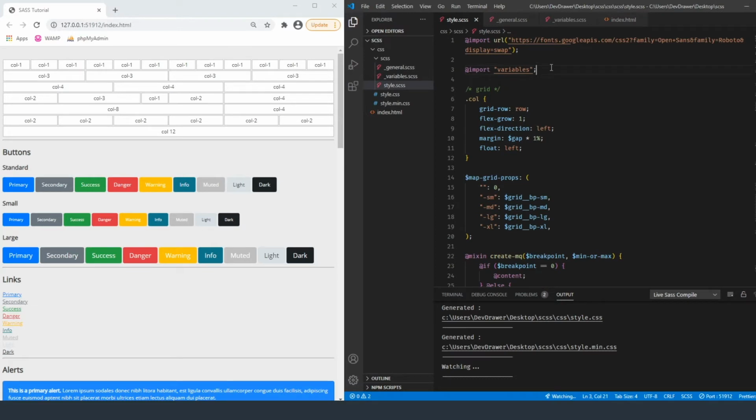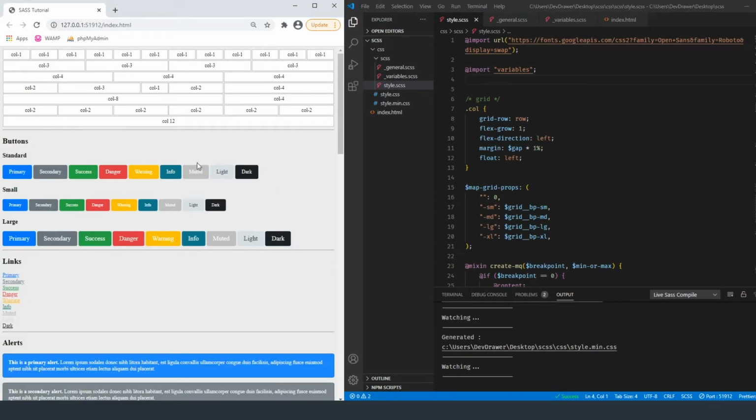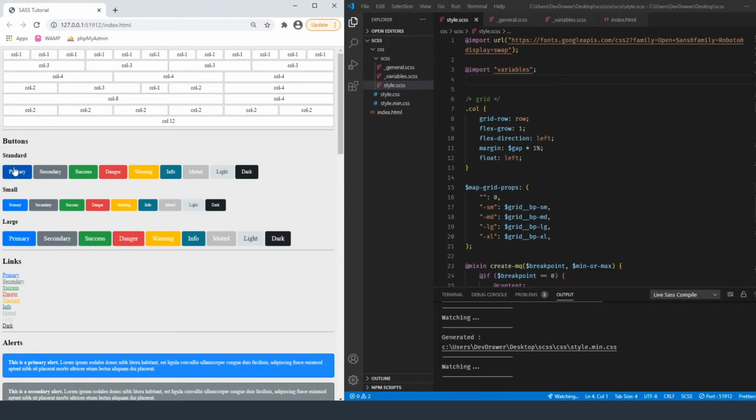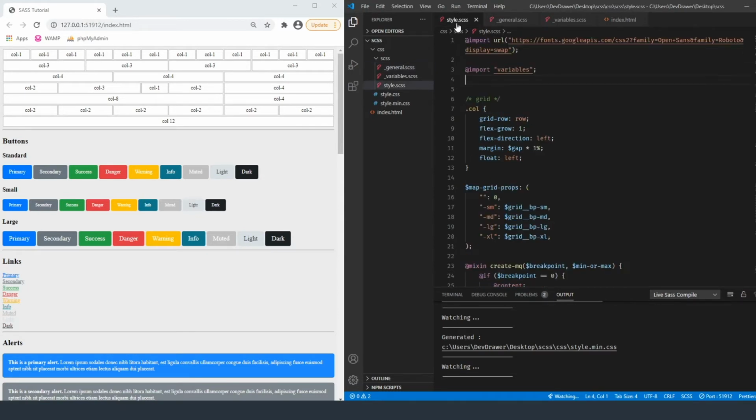So now let me just show y'all what that looks like. Right now you can see it's not using the style sheets that we set up for the body. The font has defaulted back to something like Times New Roman. That's because in here is where we're actually declaring that we're going to use the primary font as the font family for the body. So if we come over here and we do @import general,